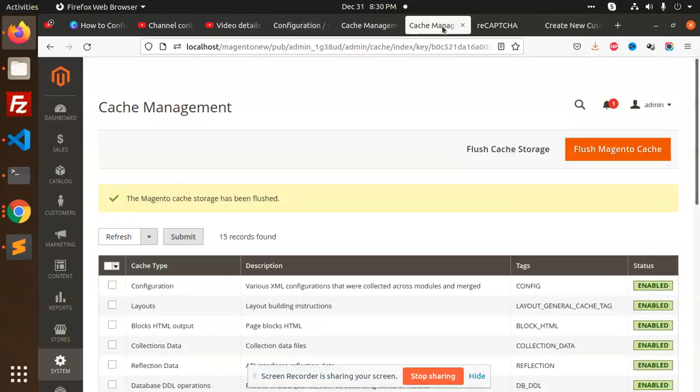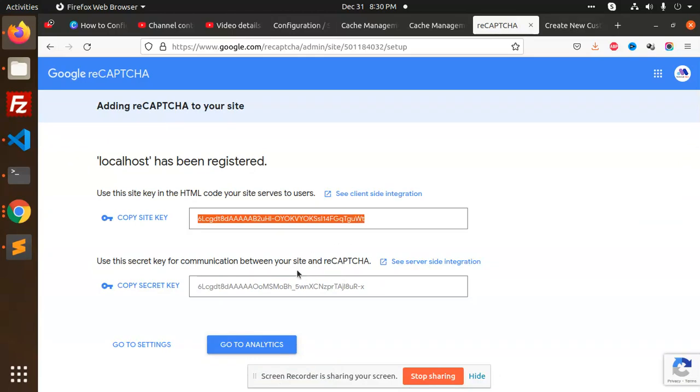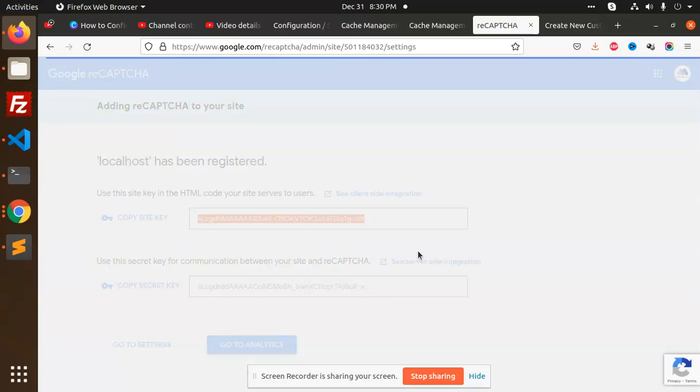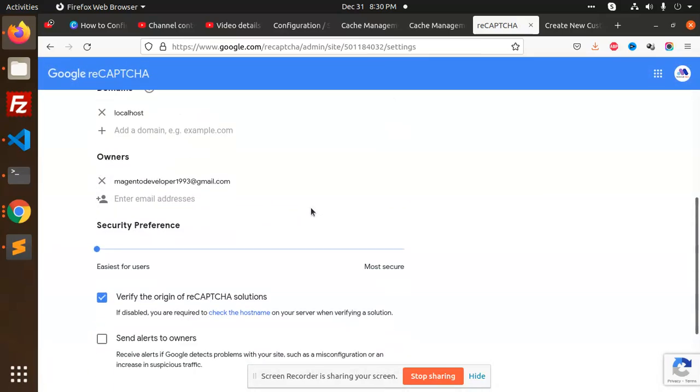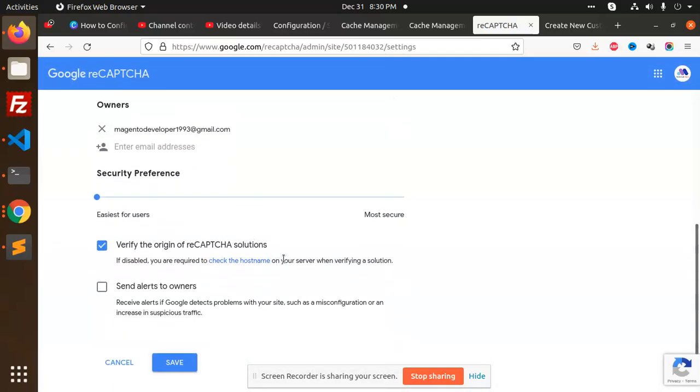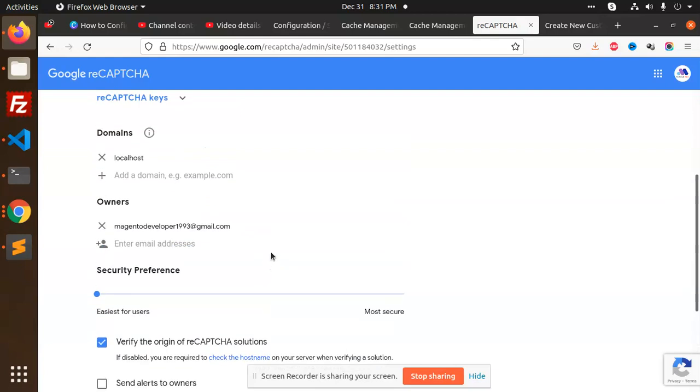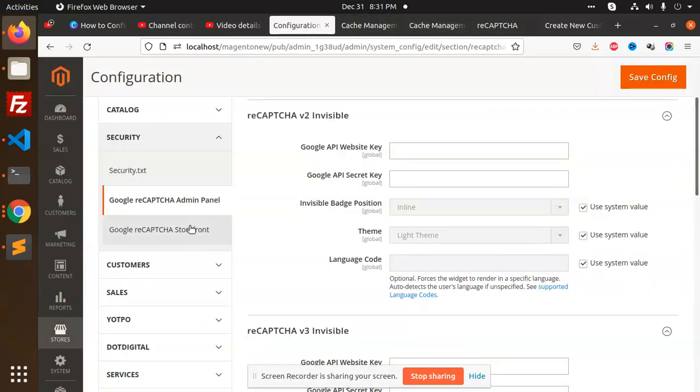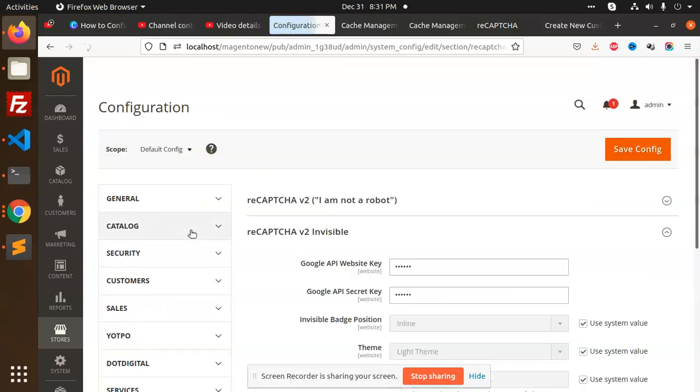Let me check the configuration. Go to the settings. Here we have added the domain, and the domain is localhost. Let me check again the Google reCAPTCHA for the storefront.